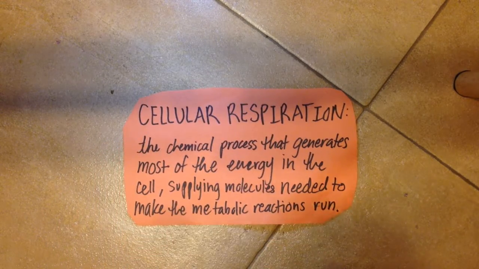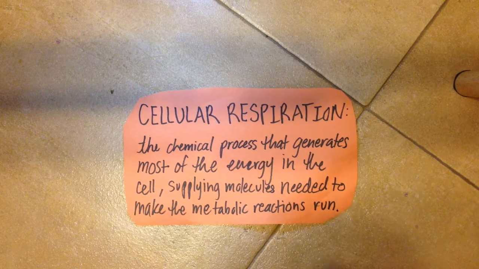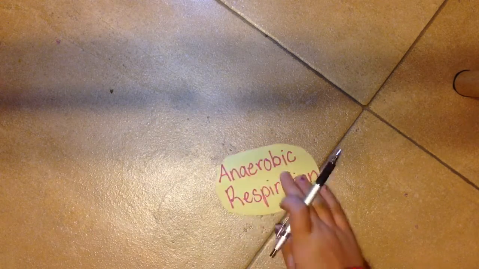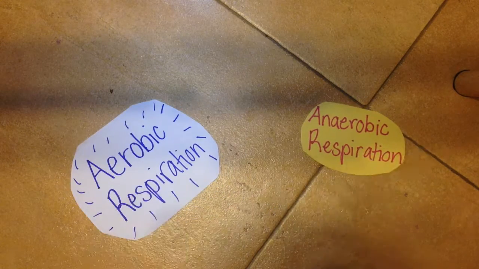Cellular respiration is a chemical process that generates most of the energy in a cell, supplying molecules needed to make the metabolic reactions run in an organism. There are two types of cellular respiration, anaerobic and aerobic respiration, which both undergo different processes to create energy in